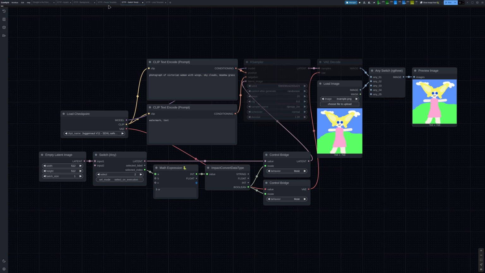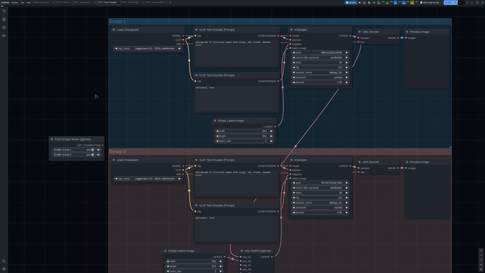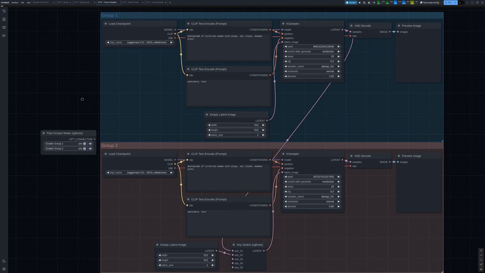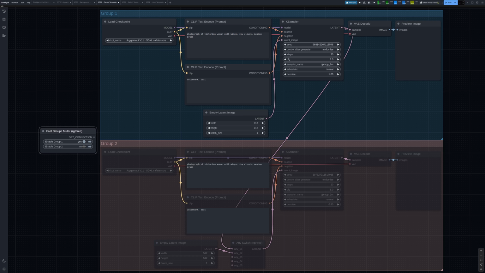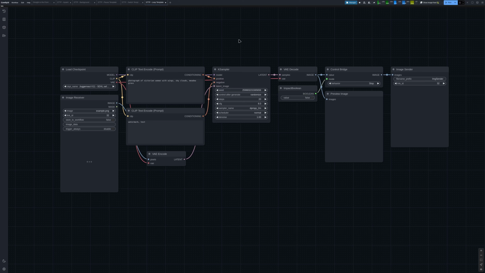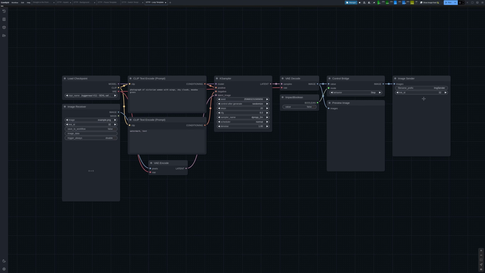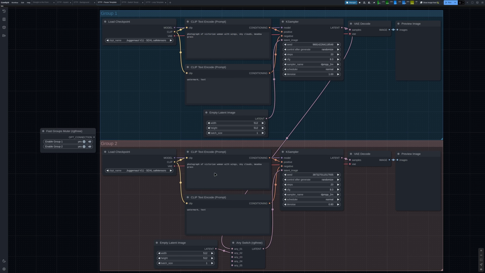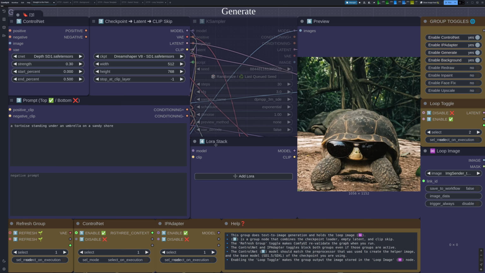And my intention with including these template workflows, so this is the pause, this is what I showed you with the different groups and how you can toggle them on and off. My intention is that people take these and incorporate them into their own workflows and build cooler stuff. So this is the loop function, this is the sender and receiver. So this one just uses the Impact Pack. And the switch, the pause, of course, just uses RG3's nodes. Anyway, coming back to the main workflow,